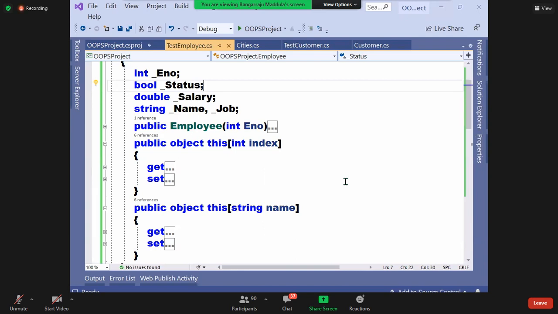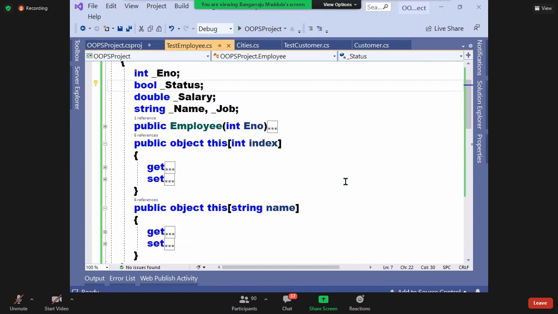Generally, when your class contains a huge number of values, writing a property for each one will become lengthy. In that scenario, we use indexers. Best example I'll tell you. You are working with a database table.